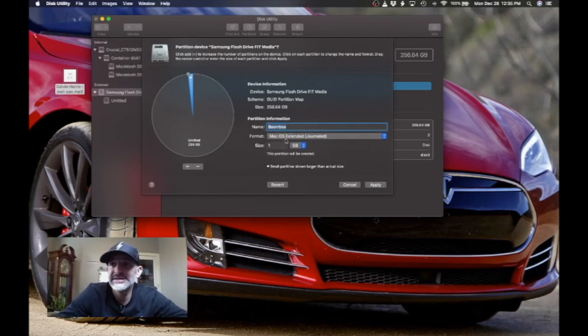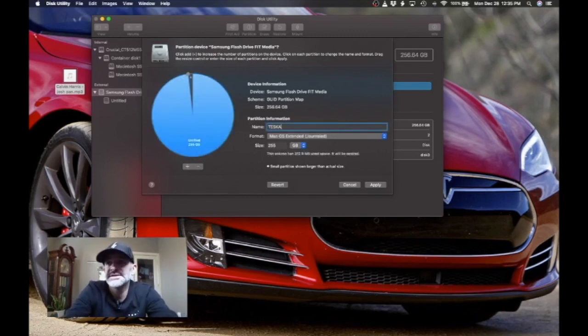And I think it needs to be spelled and written exactly the same way with a capital B, all one word, and we'll change this to exFAT. Okay, once you've done that, it won't allow you to change the size, so you have to change the size before you switch to exFAT. We'll click on the second partition, and this is where it was called Tesla Drive, and